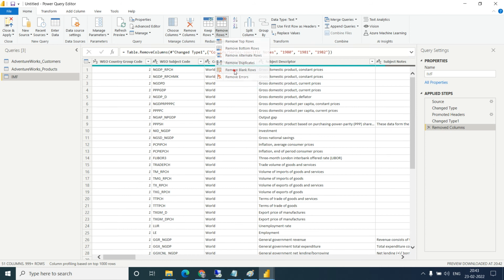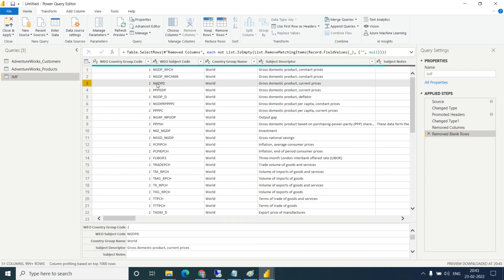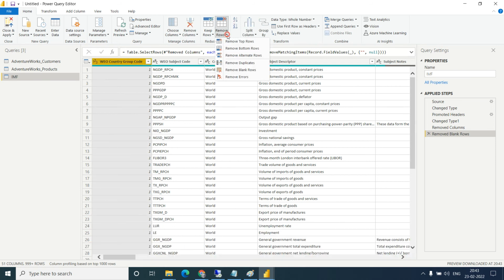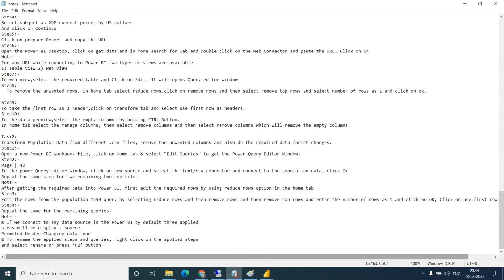You can click on this directly and it will remove those rows. Also, let's say, remove the blank rows or remove the error rows. So this will remove the error rows.